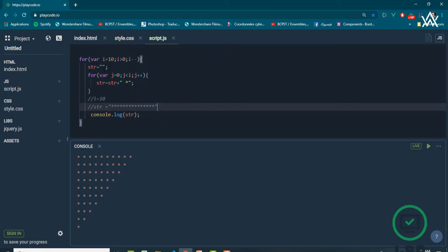Okay, in the second execution, we will have here 8, and we will start from 0, and we will count, append, and add these stars to 8, and we will have 8 stars, for example, here. Okay,